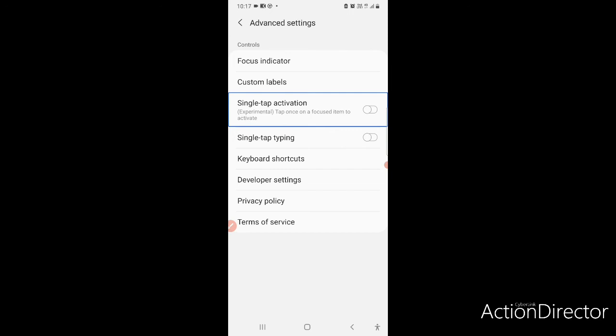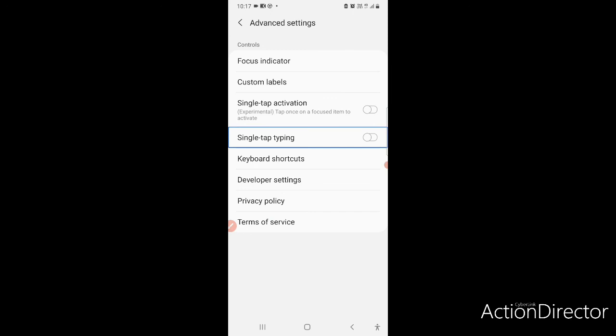Single tap activation is something like, if you turn this on, after clicking on something you will not need to double tap. You can just enter it by tapping on it once. Single tap typing. Off. Switch. 5 of 9.